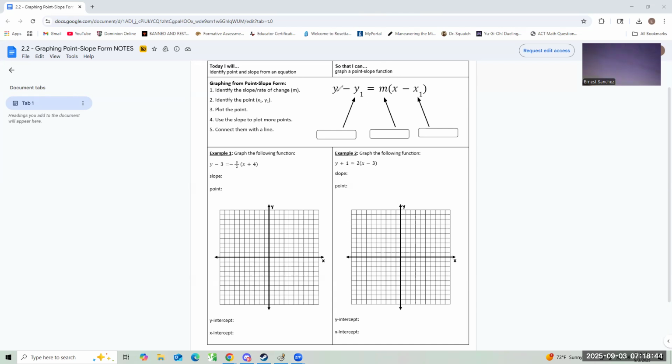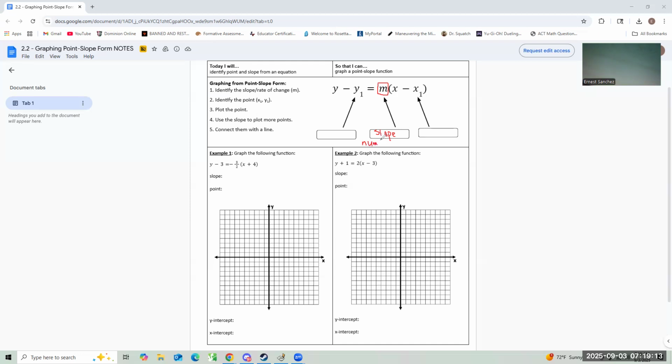So first of all, for your equations, these are going to be in point slope form. Now, we can get the point and the slope really easily. The slope is always going to be the number that is in front of your parentheses. My writing is going to be a little bit messy on this. So slope is here. It's going to be the